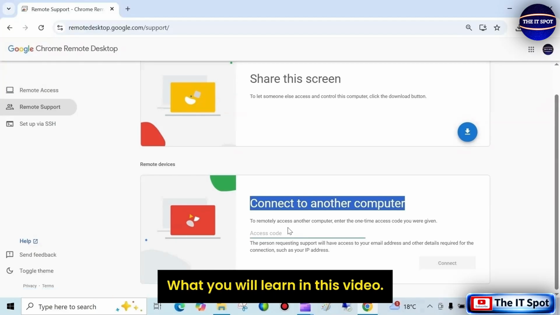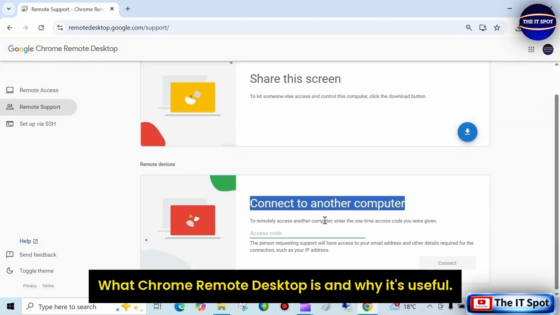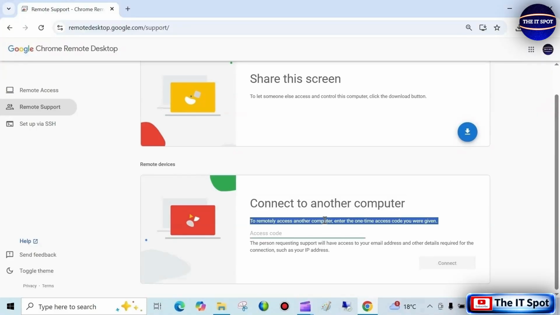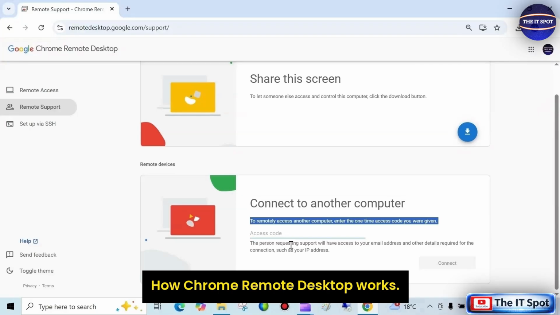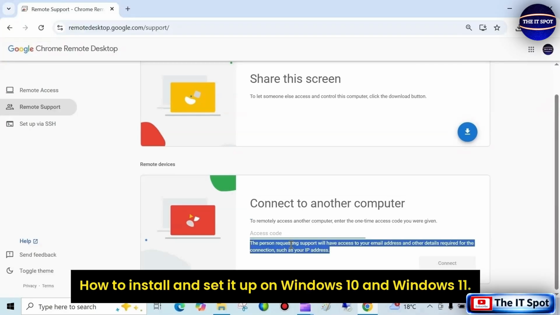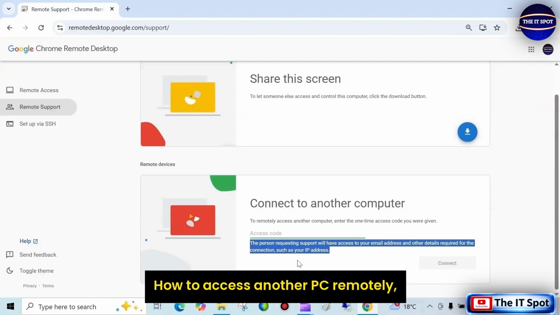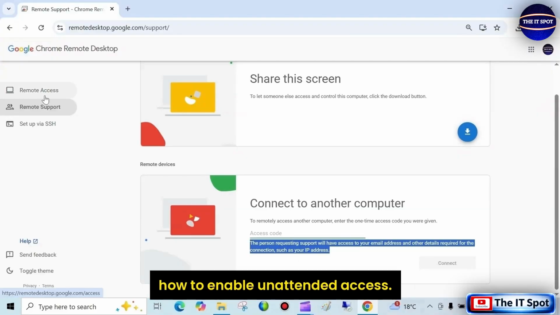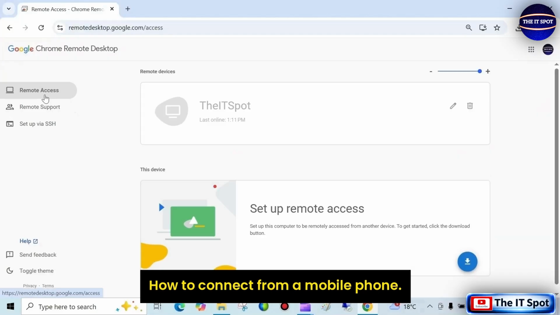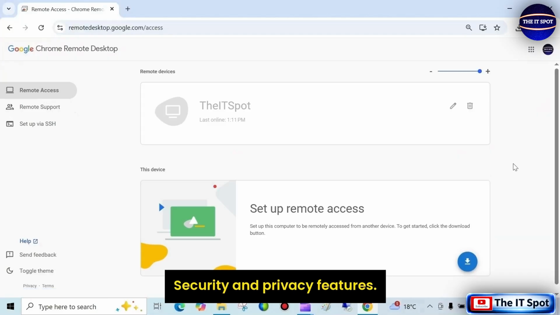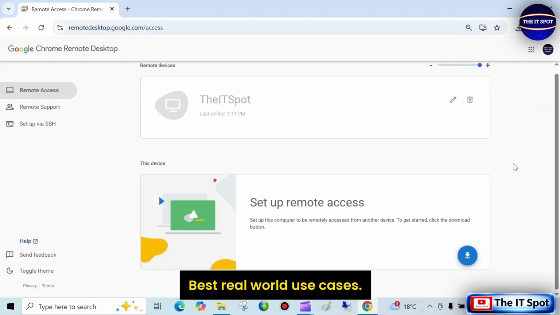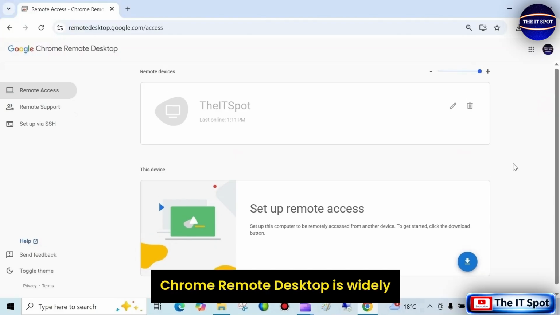What you will learn in this video: what Chrome Remote Desktop is and why it's useful, how Chrome Remote Desktop works, how to install and set it up on Windows 10 and Windows 11, how to access another PC remotely, how to enable unattended access, how to connect from a mobile phone, security and privacy features. Best real-world use cases: